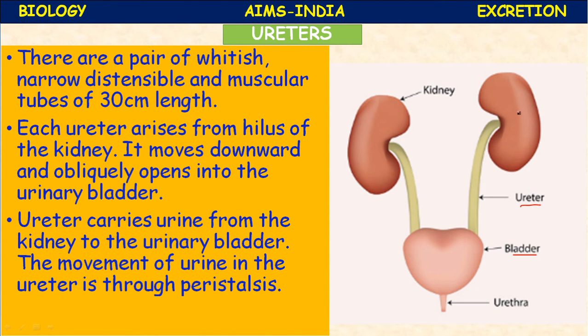Okay, the urine which is formed in the kidneys or in the nephrons opens into the pelvis region. The starting point of the ureters is funnel like. So they collect the urine which is formed and open into the urinary bladder. Peristaltic movement, which means wave like movement, takes place and the urine is pushed into the urinary bladder.